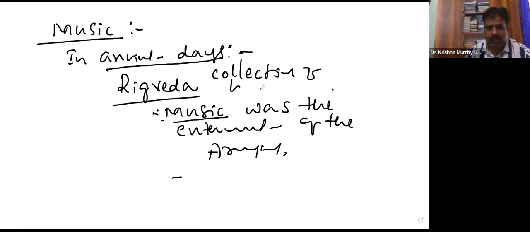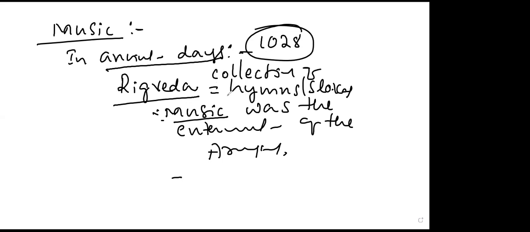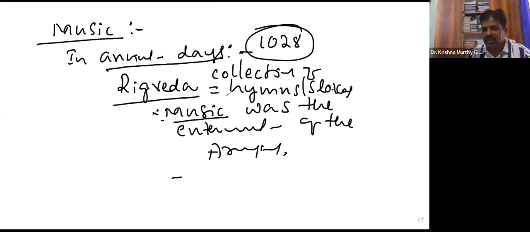Collection of hymns or shlokas or prayers. How many shlokas are there? 1028 shlokas are there. In which language was the Rigveda written? What is the language of the Rigveda? Sanskrit, sir. Later. Before that,